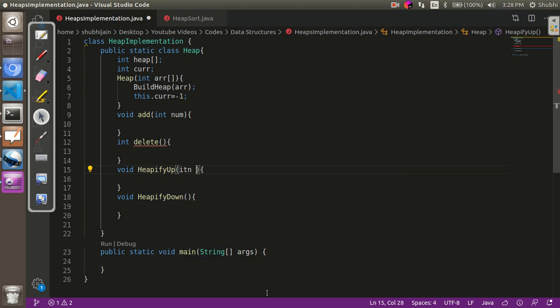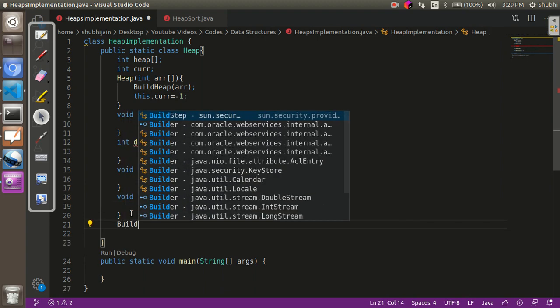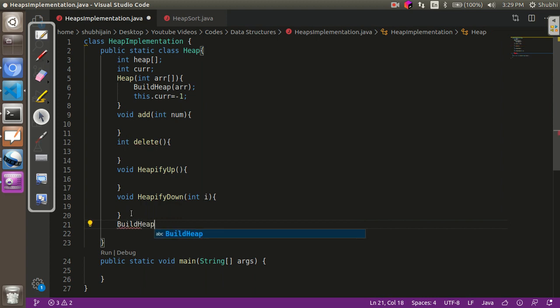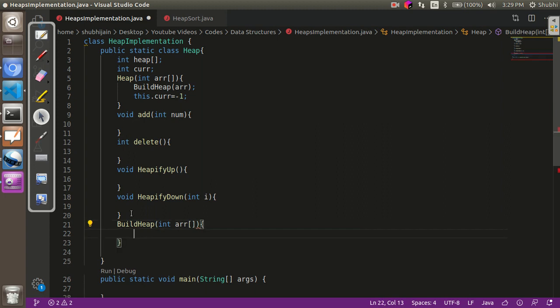Our heapify up doesn't need any index, but our heapify down will be needing an index because the heapify down will be used in the build heap as well. And the last will be our build heap method, which will take an array as the input.